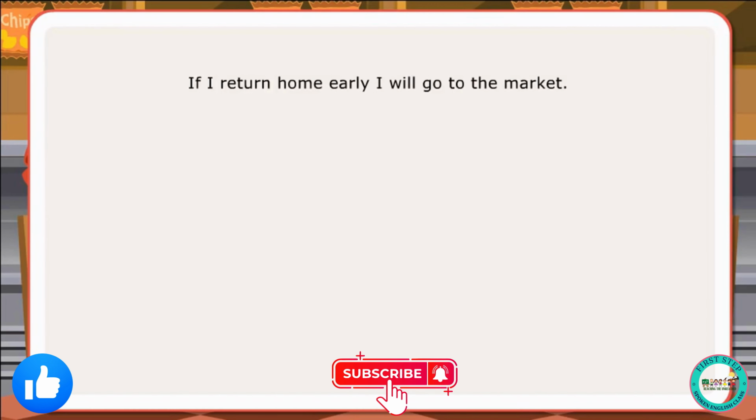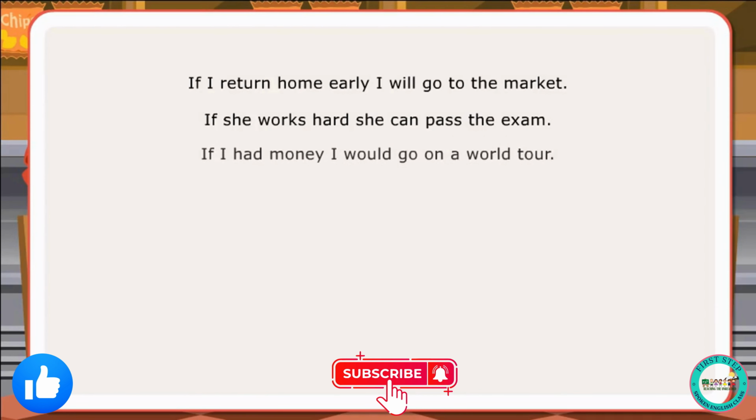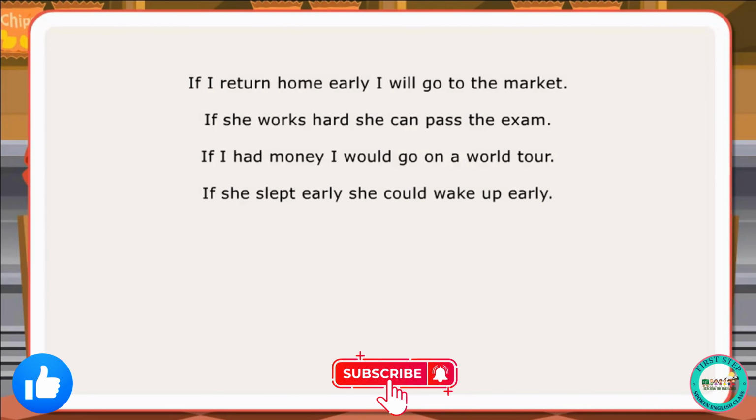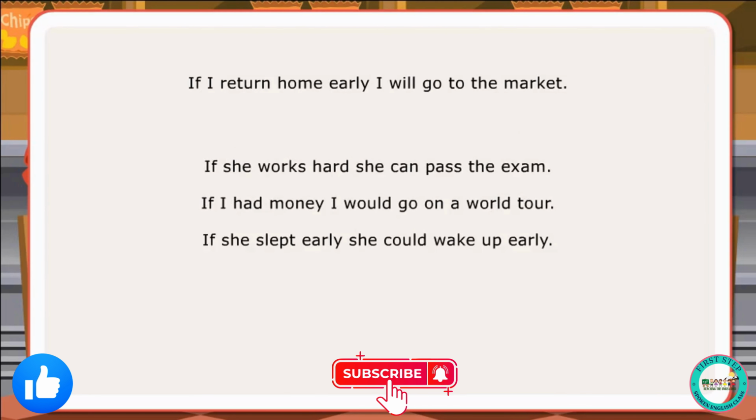If I returned home early, I would go to the market. If she works hard, she can pass the exam. If I had money, I would go on a world tour. If she slept early, she could wake up early. In the first sentence,